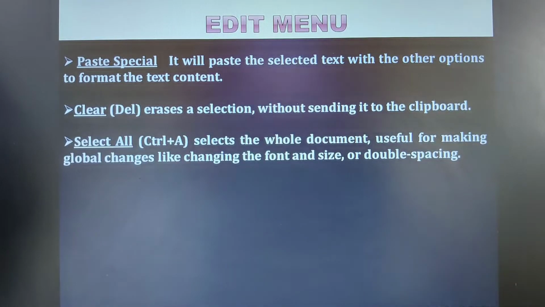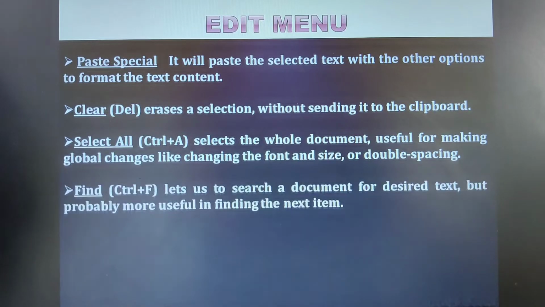Suppose you would like to make changes to your entire document at once, then go for the select all option, that is Ctrl plus A. For example, to your entire document you would like to add shadings, or change the font size, style, coloring, or the text color. All these options you can perform globally at one time by using the select all option.